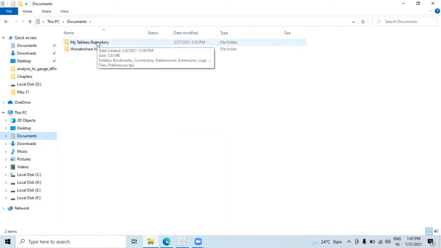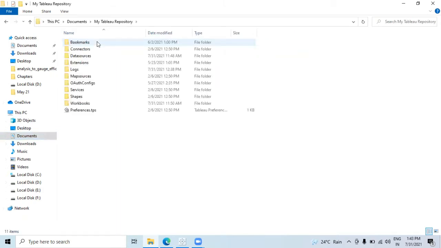The Tableau repository is a very important folder, and maybe in later videos I'll show you its importance. By default, any work you perform, Tableau generates logs into My Tableau Repository. Extensions you can save there. The sample superstore and default TWBX files or data files are all stored in My Tableau Repository.